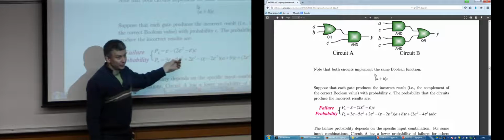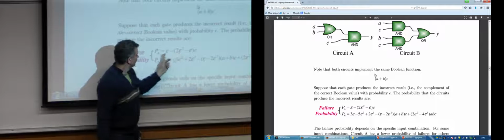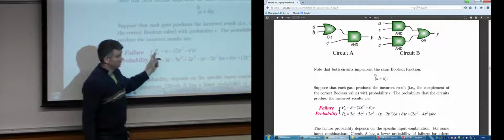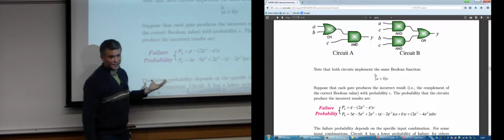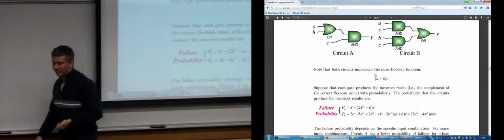But critically, this probability is a function of the variables A, B, C. It's a function of the variables in the sense that if C is 0, then the probability is just epsilon. But if C is 1, it's not. And if you stare at the circuit for a moment, you'll see that makes sense. Okay. Now,